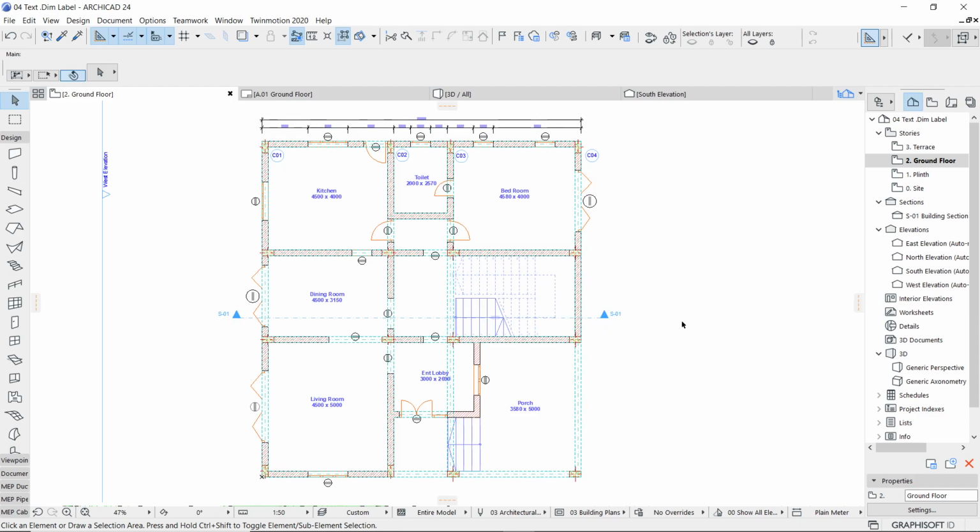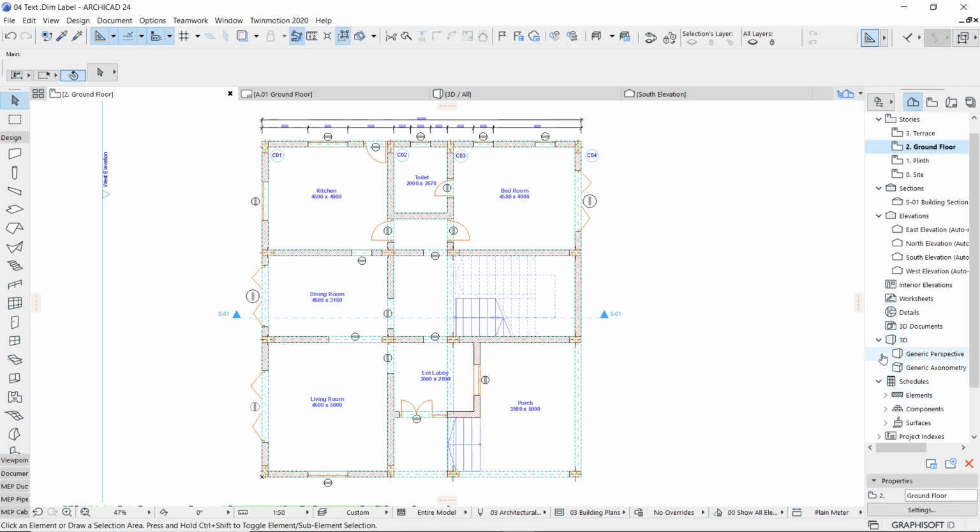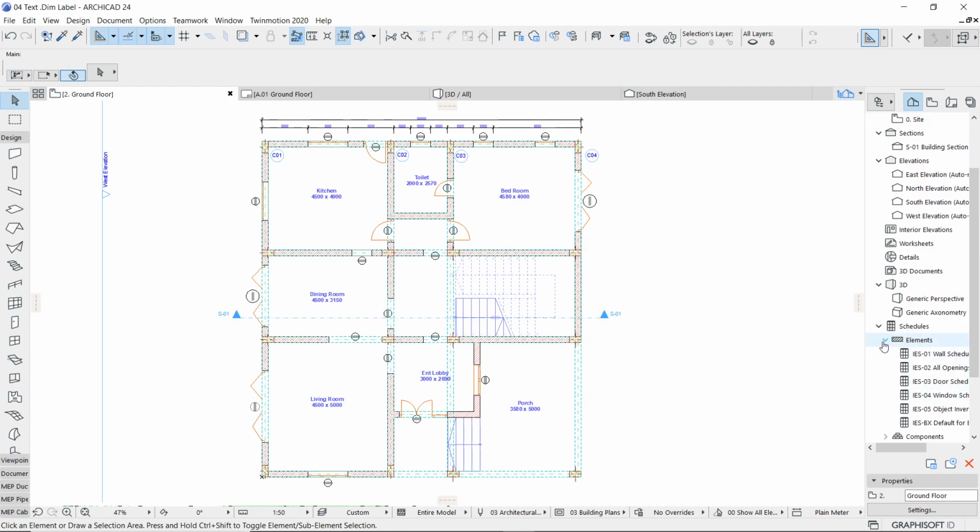And let's see how I can add a new schedule by using the schedule group. So if I click on the schedules, and if I expand that particular rollout, you can see now there's an element group, elements or components, and surfaces. So these are the three different subgroups which can be identified inside the schedules. So now I'll just first of all stay on the schedule, give a right click. You can even use the buttons which are available at the bottom, and I'm going to say I would like to go with the